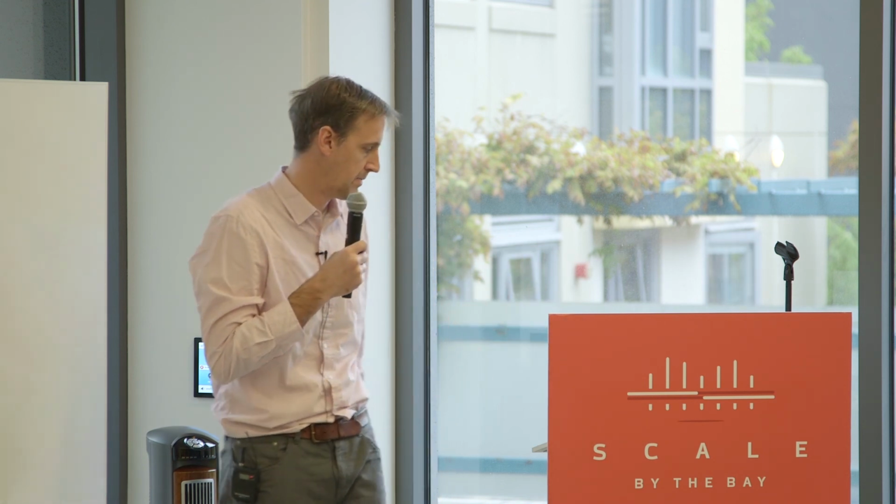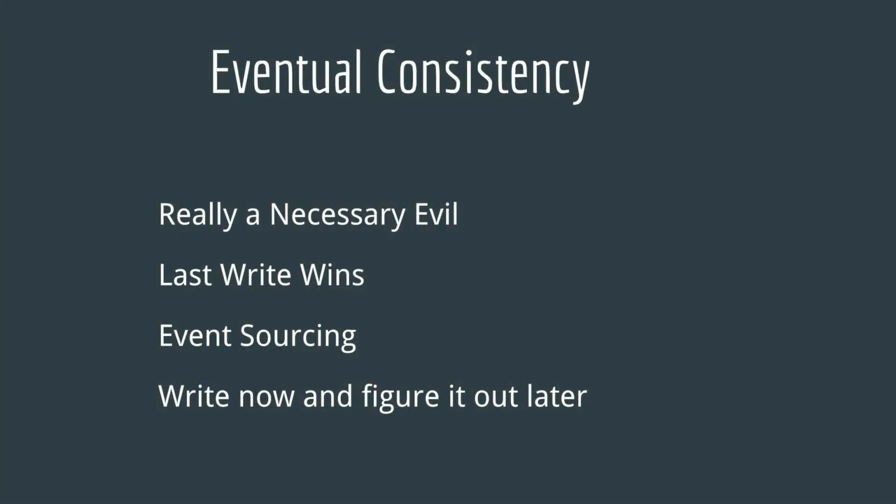A lot of companies chose global scale. And this led to the rise of eventual consistency. Eventual consistency has really become the predominant model today in most applications, and it is done at the sacrifice of strong consistency. So there's been this trade-off for a long time. Eventual consistency is really just a necessary evil. It's not something any of us really want to deal with. And so we've invented all sorts of workarounds to deal with it, like last write wins and event sourcing models.